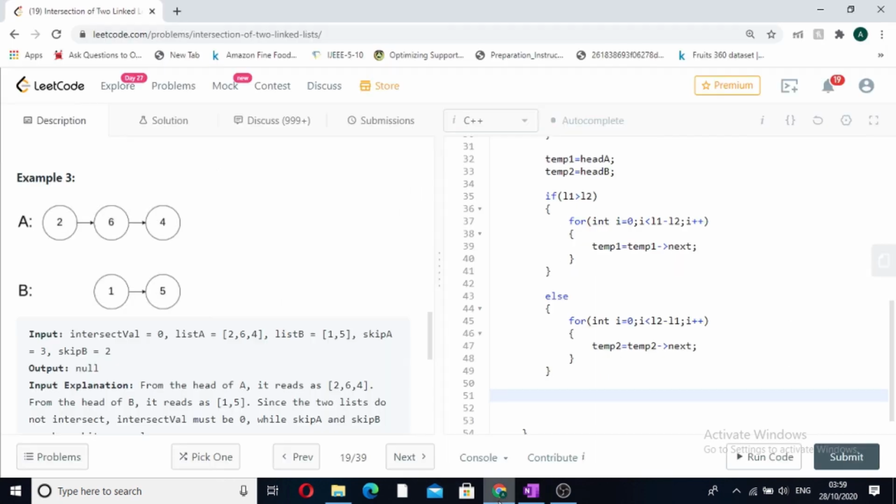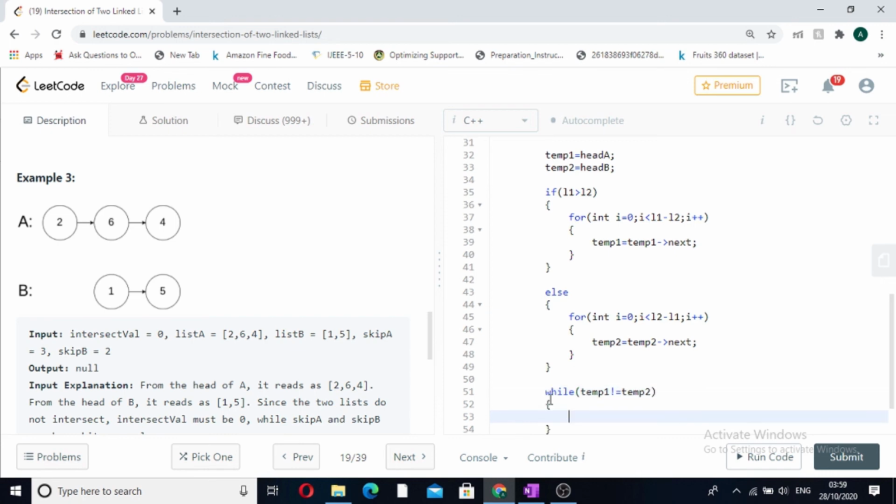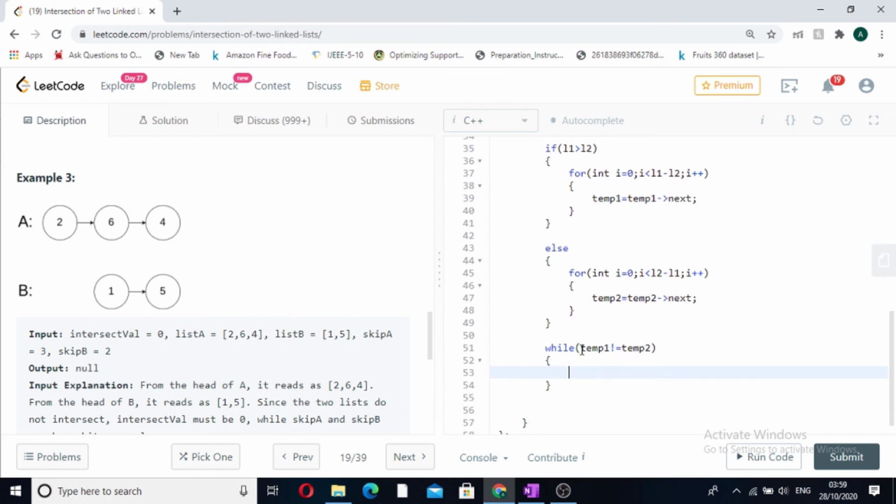After these two if conditions, both the pointers will be starting from the same relative positions. So now while temp1 not equal to temp2, which is the breaking condition, when temp1 and temp2 become equal, we have found the intersection. So till then we do temp1 is equal to temp1 next, and temp2 is equal to temp2 next.